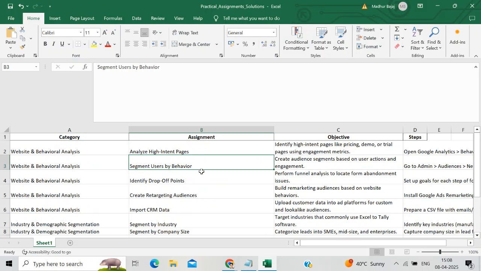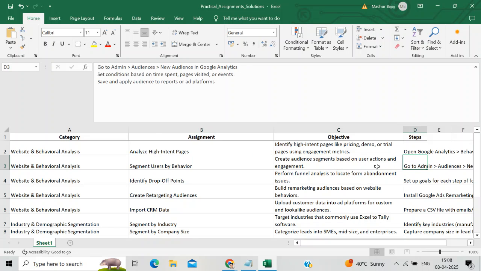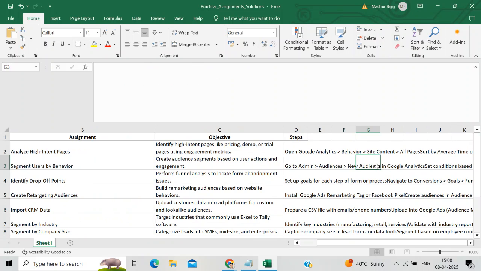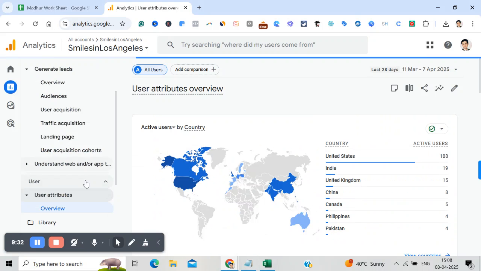Okay, then coming back to the next point, just give me a second. You can segment users by behavior. So what you have to do is create an audience segment based on user action and engagement. So you have to go to admin, audiences and new audiences, right? Okay, so what I do is